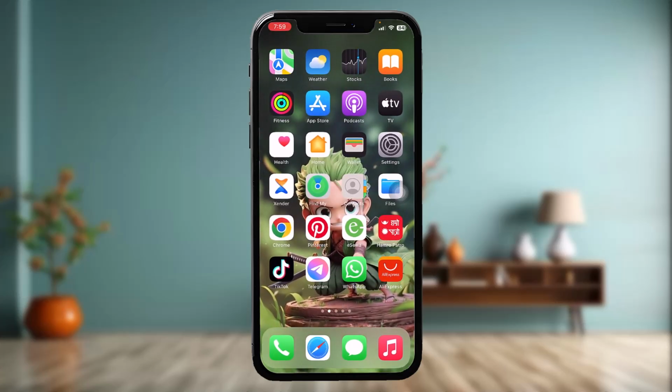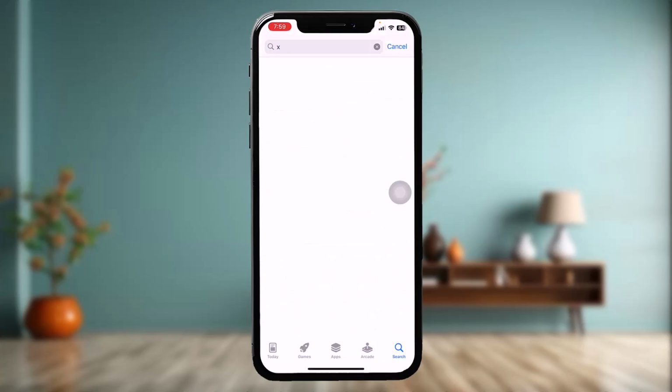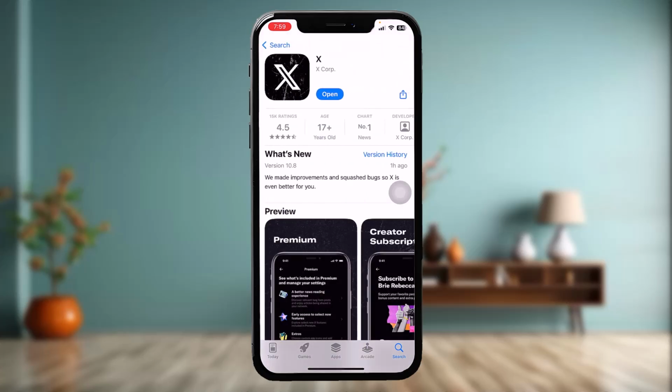And if that still doesn't fix the issue, then what you can do is just head over to your App Store, and on the search bar simply type in X, and here tap on the app and check to see if the app needs an update or not. Sometimes the older version also might be causing the issue that you are facing, so just a simple update will